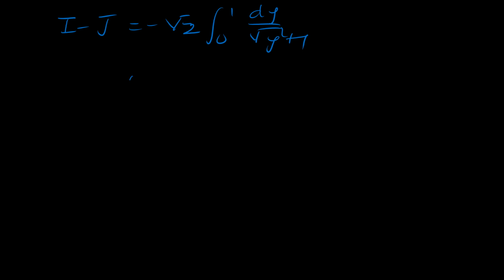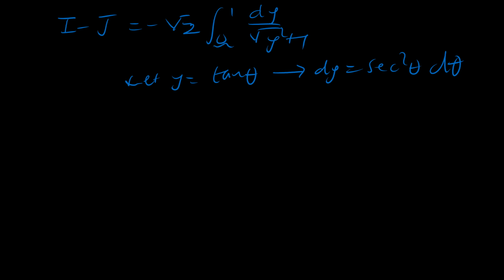We could say let y be equal to tangent theta, so dy can be substituted using sec squared theta d theta, and the limits: 0 here is 0, 1 there is going to be pi over 4. So we have root 2 integral from 0 to pi over 4 of sec squared theta d theta,